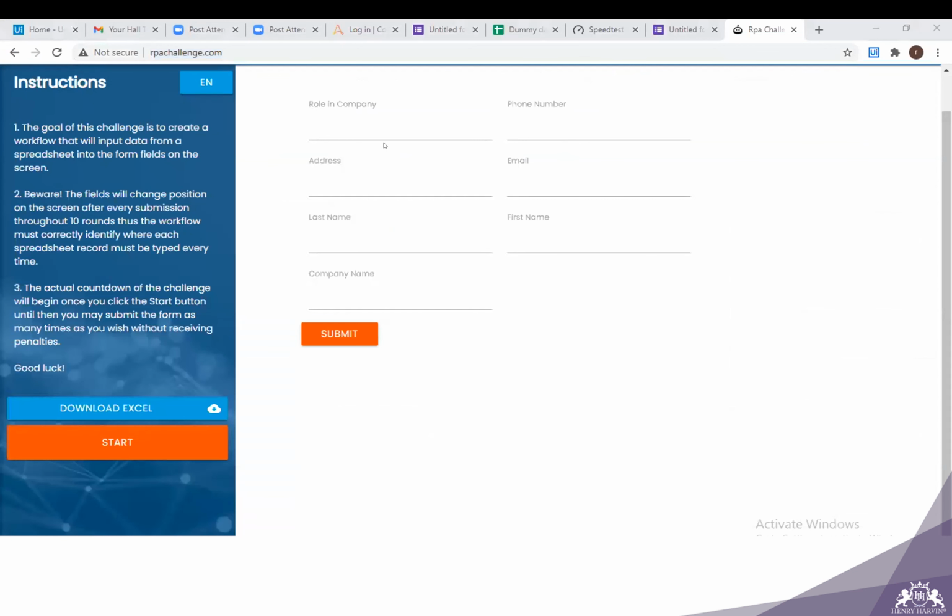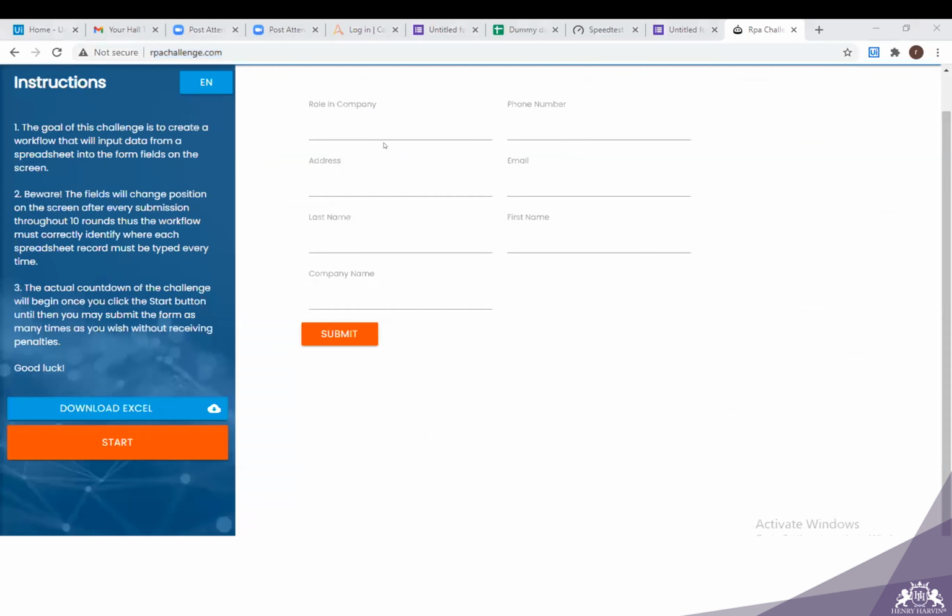So here, if we choose the text written over the text box, like role in company, address, last name, company name, as our anchor, and perform type into actions in the text boxes, I'll open the anchor based activity.